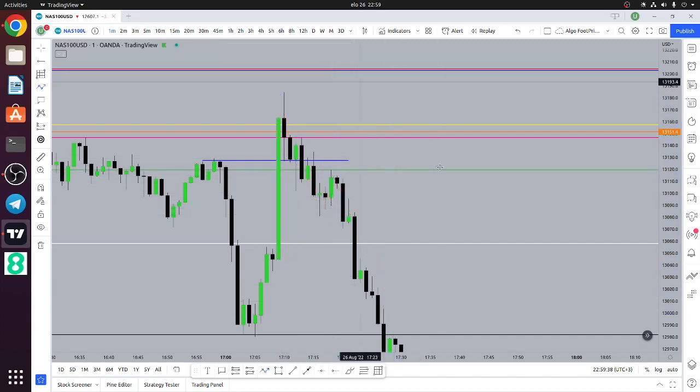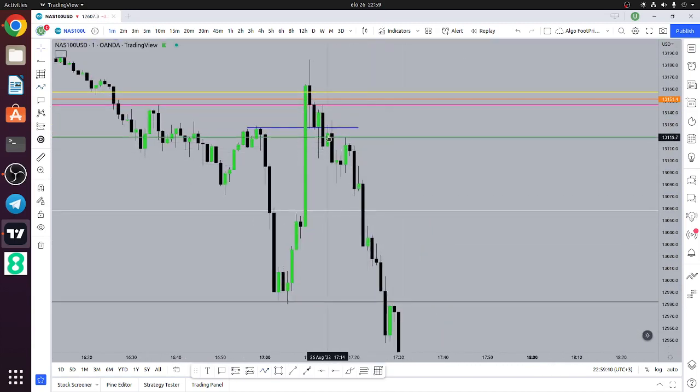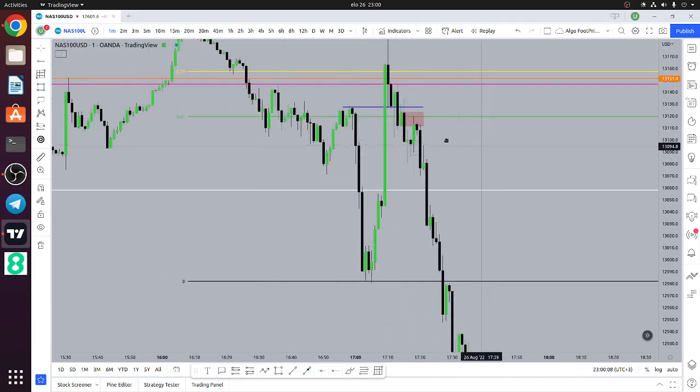Okay, so on this candle, this black candle that broke below this horizontal blue line, we have this candle that retested, failed, then we had a huge bearish engulfing. Can you see it? Then we have this candle, which is our order block, and then